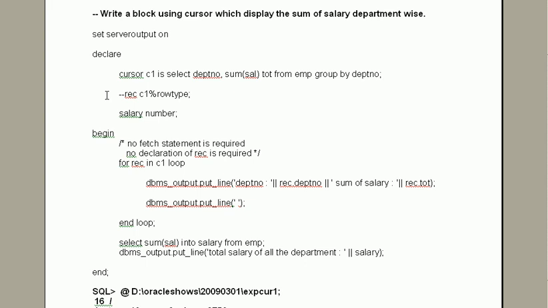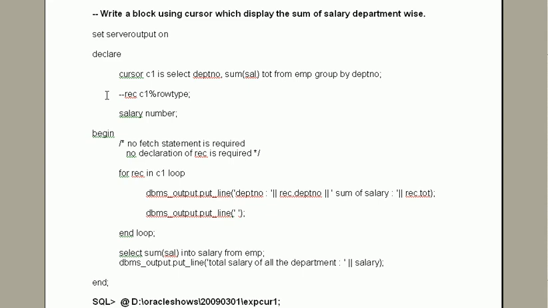That is the declaration of the row type variable, and it will automatically handle opening the cursor, fetching the rows from the cursor, checking found, not found, everything automatically, and then closing the cursor. So it is very useful while you are using the user defined cursor for loop in cursor C1.